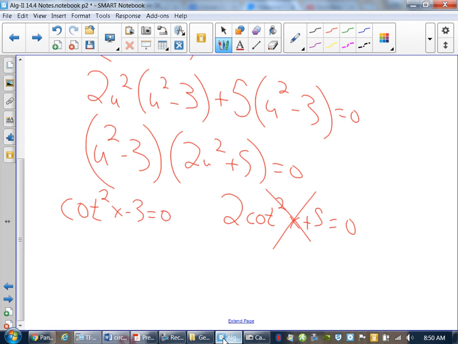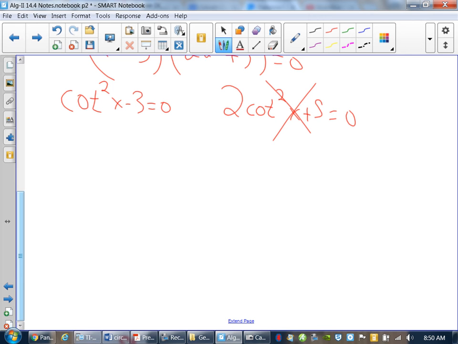Cotangent squared of x minus 3 is 0. What do you do? Add 3. Good. So if I add 3,